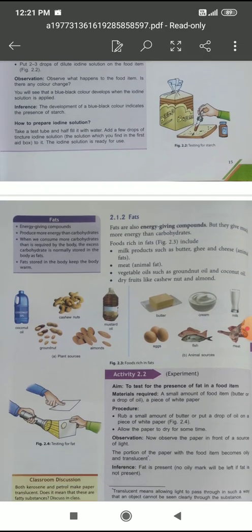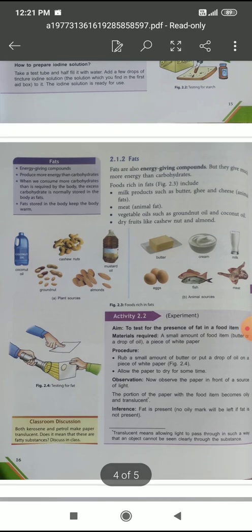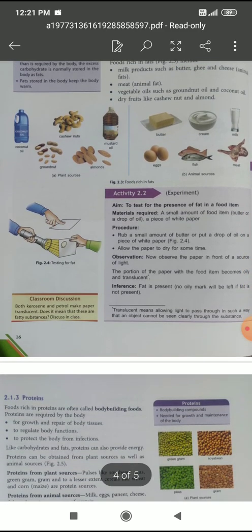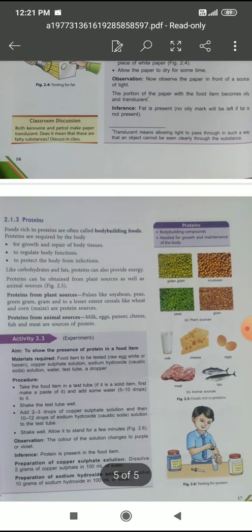Fats, sources of fats, and this experiment you practice. Then protein, sources of protein, both plant and animal. Children, you remember. And this experiment. So 3 experiments are there. You should learn. Okay. And sources of carbohydrates, fats and